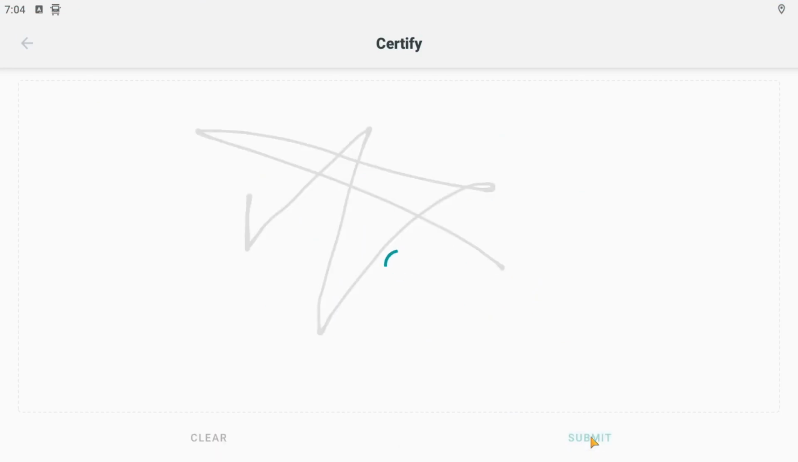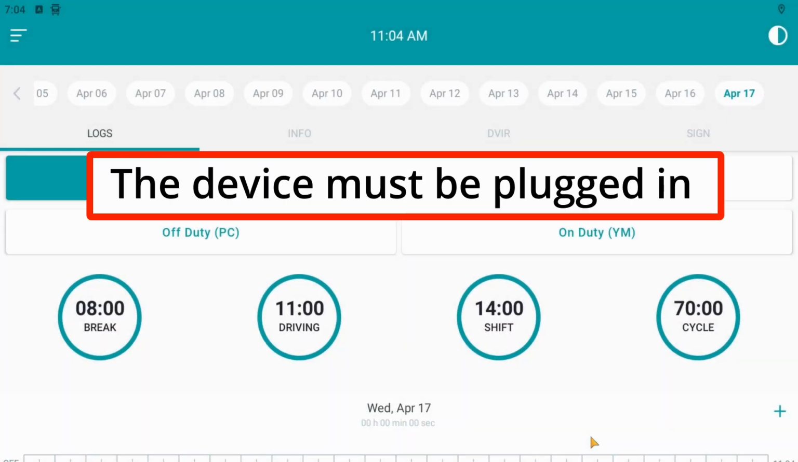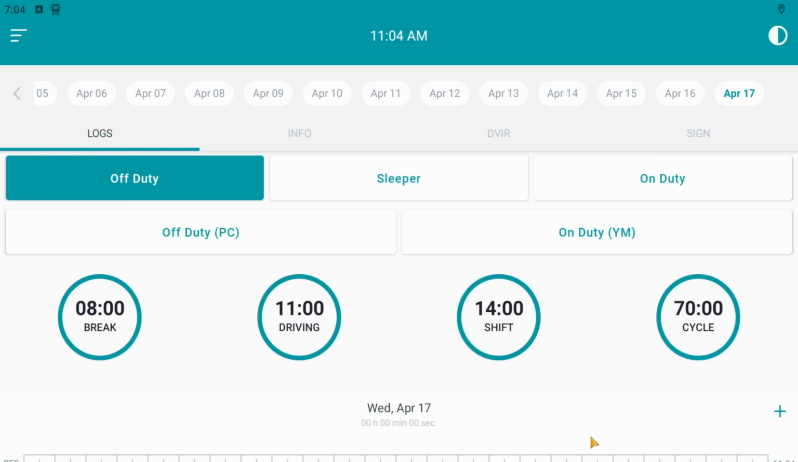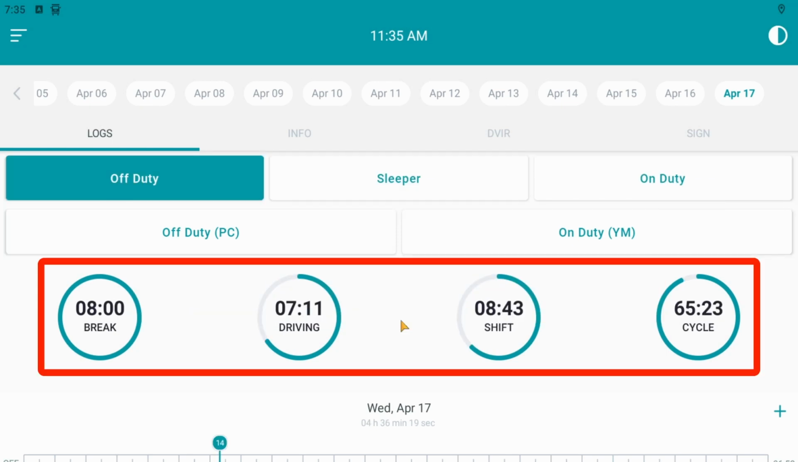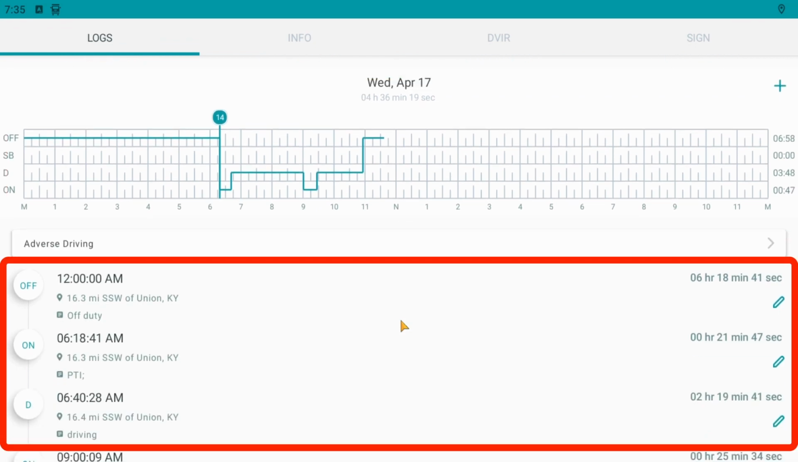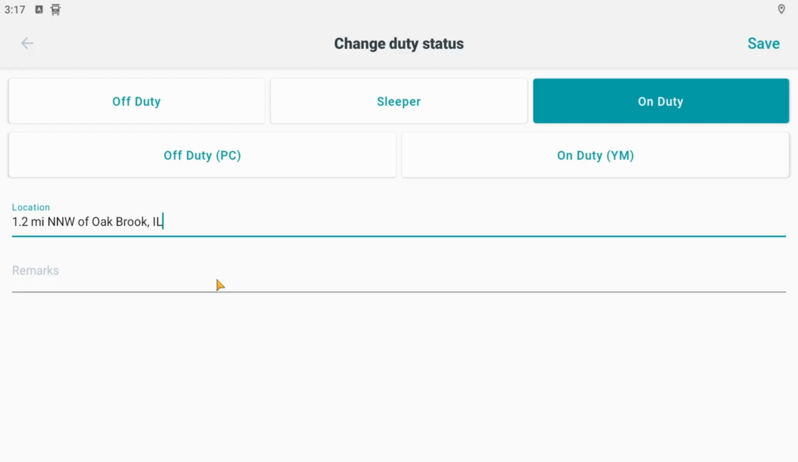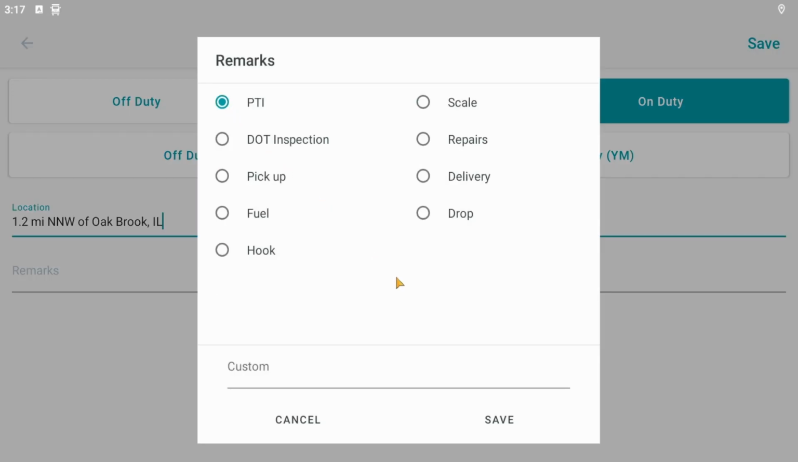If you have successfully submitted the previous steps and have the device plugged in and turned your engine on, your device should connect to the application automatically. On the main screen of the application, you will see your duty statuses, your timers, your grid, and previously done duty statuses of the day. To change a duty status, you simply press on the status name, type in any remarks if needed, press save